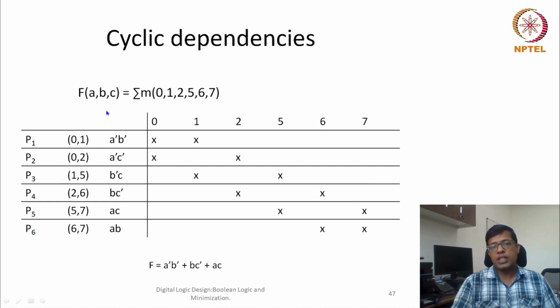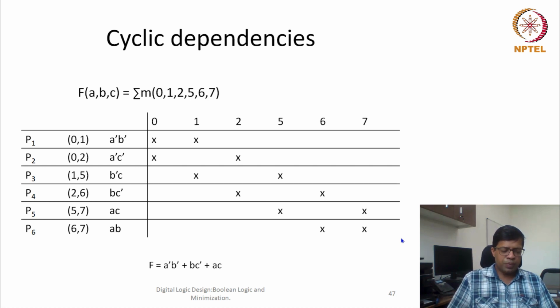So in this prime implication chart, these are the terms, these are the prime implicants P1, P2, P3, P4, P5, P6. If I look at this prime implication chart, I see that all the min terms are covered by at least two of the prime implicants. So because all the terms are covered by two prime implicants, we don't know which one is essential, and how do we go forward with that?